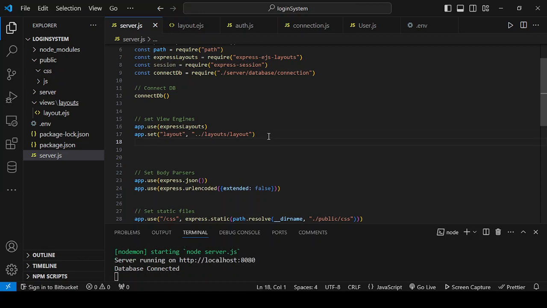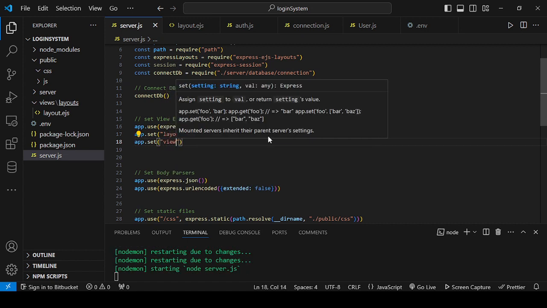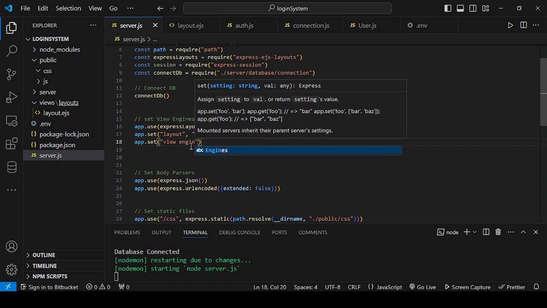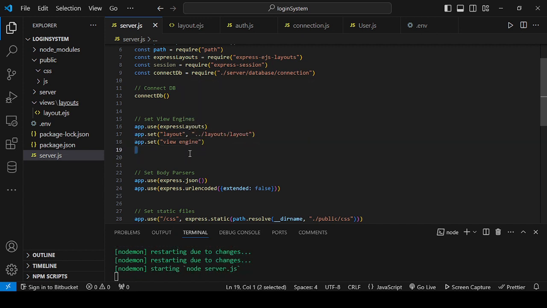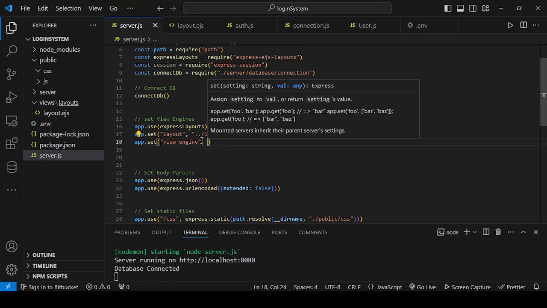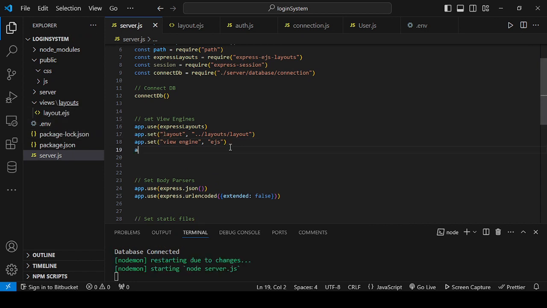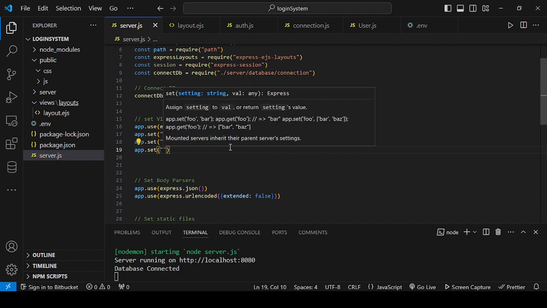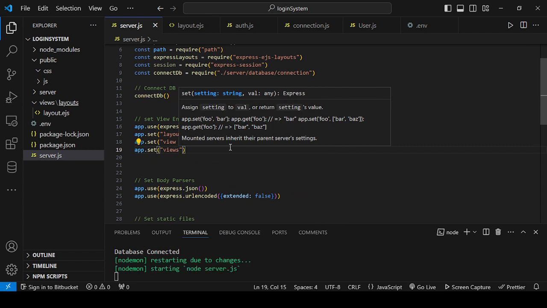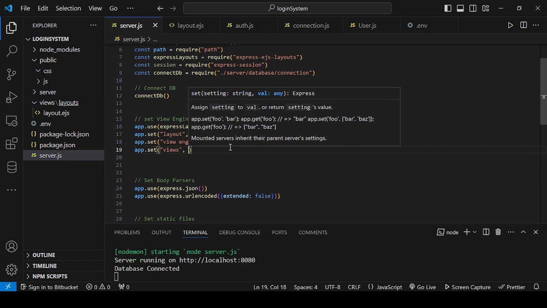So I'll also set the view engine, app.set view engine. If you make a mistake in here, it will not work. So we are using EJS as our view engine. But since it's inside views, I will point exactly where the views are, as in where the EJS files are. So I'll say app.set views and path.resolve,